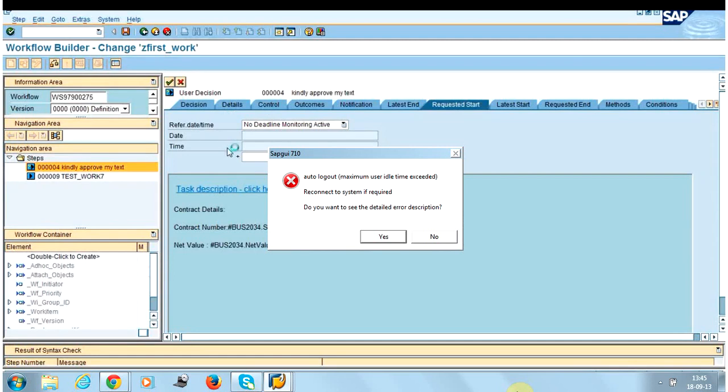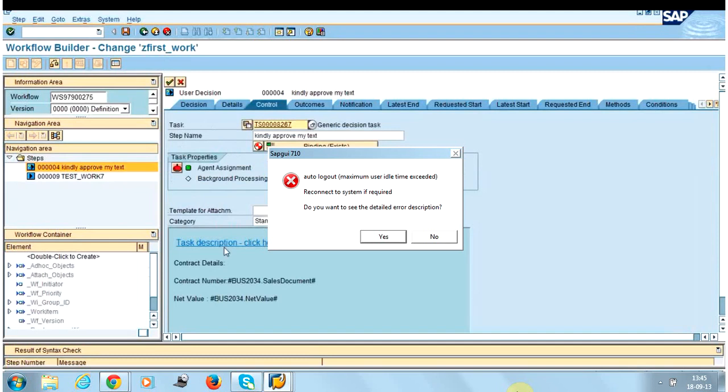Now third is ready. Suppose the time has been reached and the work item has gotten into ready state and it appears in the inbox of the user. So the symbol will be whole white. The box will be completely white, transparent. So this actually implies the ready state. Now coming to the fourth,